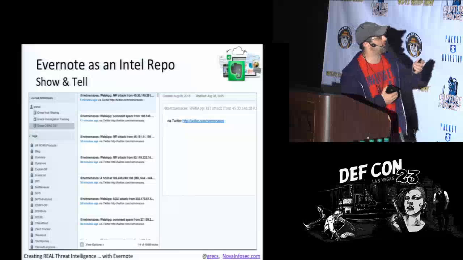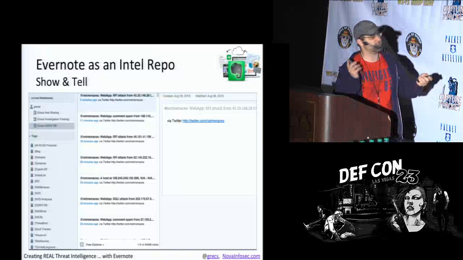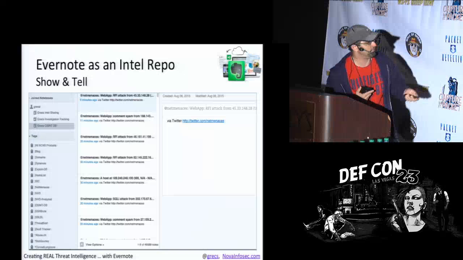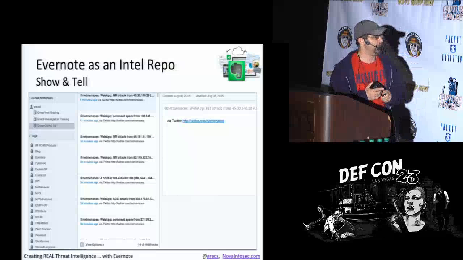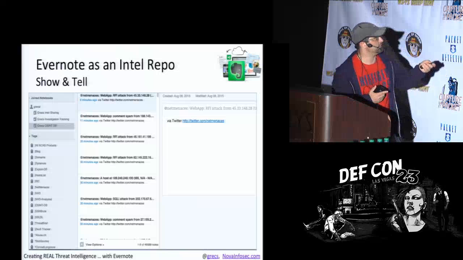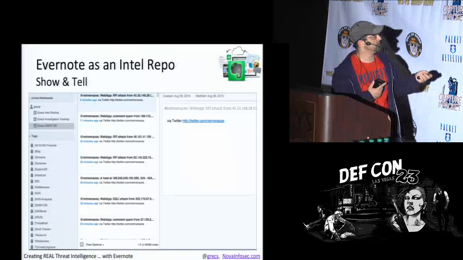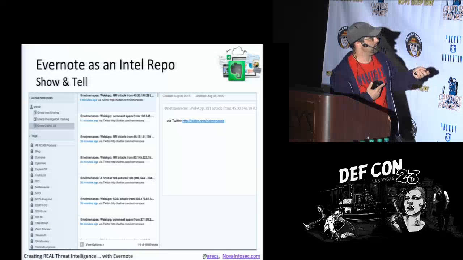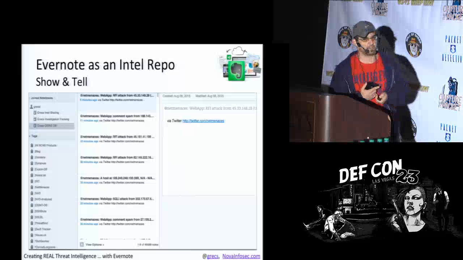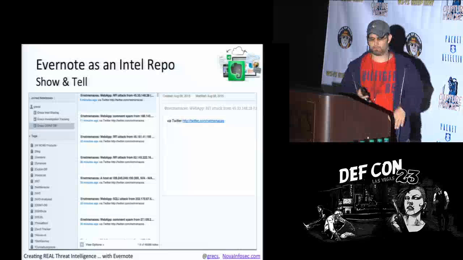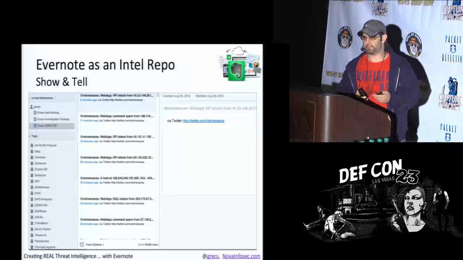So this is just a quick shot of what it looks like currently, that I took right before this presentation. If you can see, right down in this corner here, I have about 50,000 notes that I've collected, I'd say over the past 4 or 5 months. So this is focused on the open source intel, looking at the what, and then also the specific feeds. And these down here, where it starts with the caret, that's who the source is. And I actually have it loaded up in a browser, but I think you guys get the feel for it.